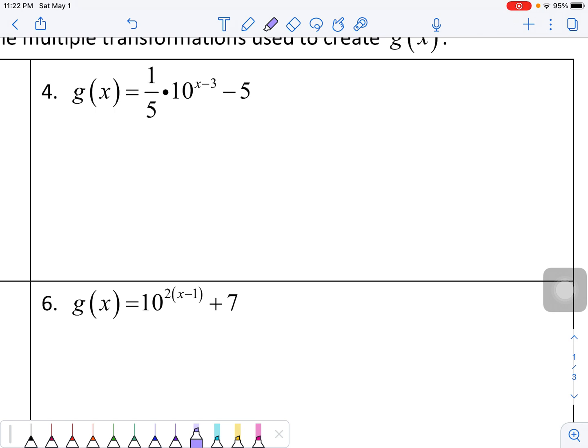Now, you guys probably by now know I'm a visual person, so I'm going to go ahead and highlight all the different transformations, so that way I make sure I identify all the transformations that are different. So if you notice, everything I've highlighted is everything except the 10 to the x. So all of those other pieces, the 1/5, the -3, and the -5, I need to identify what those transformations are. All right, 1/5. That is going to be a vertical compression